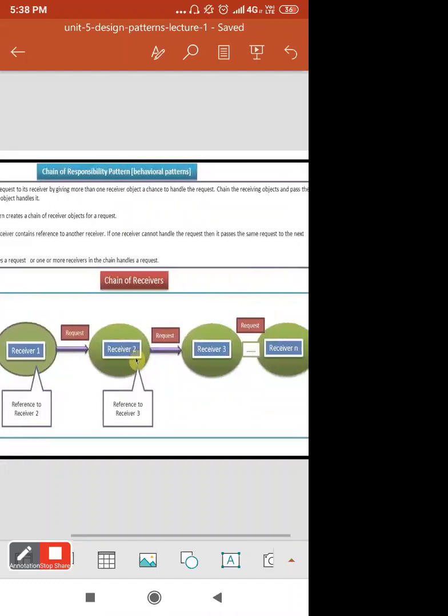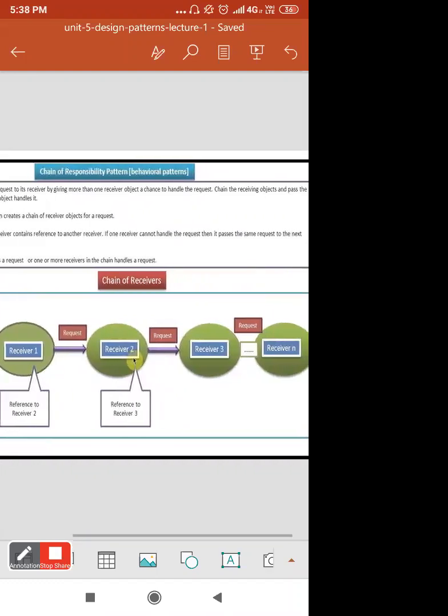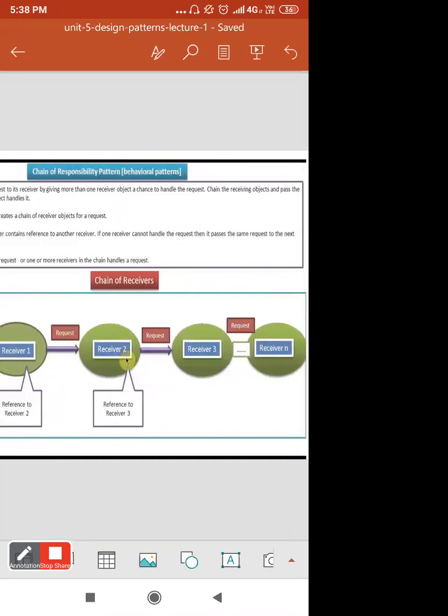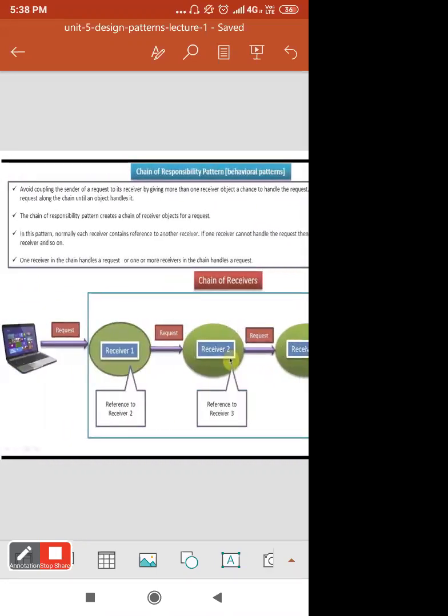Chain the receiving objects and pass the request along the chain until an object handles it. The chain of responsibility pattern creates a chain of receiver objects for a request.